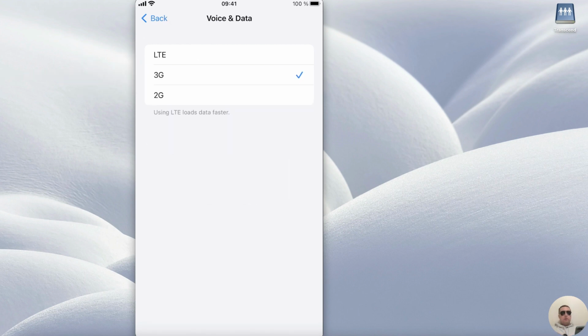And here, if you have 3G mobile data, switch it to LTE, because LTE equals 4G and LTE loads data faster. If you have LTE connection here, then try to use the second way to fix your problem with low mobile